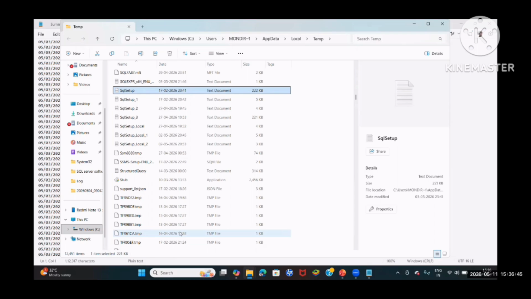That could be a reason. Maybe your Windows team performed their patches or something, and SQL Server DLLs or something have been corrupted. That is also one reason. There are a couple of reasons why our SQL Server installation may fail. Again, 99% it never fails